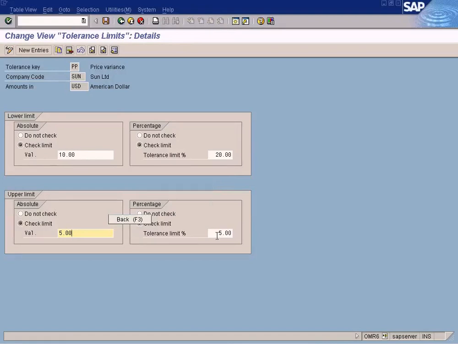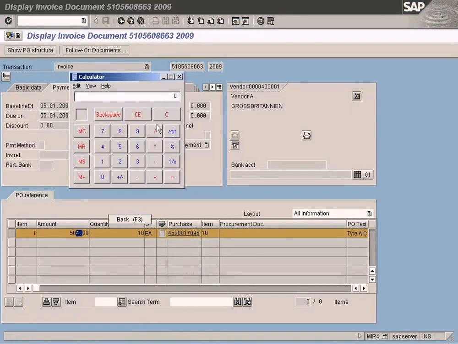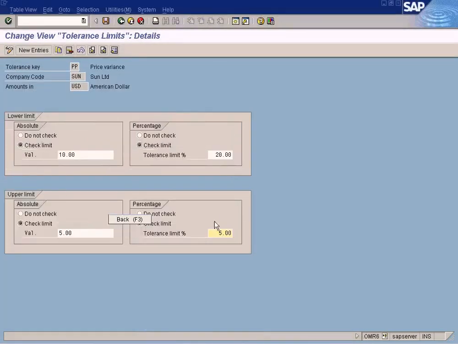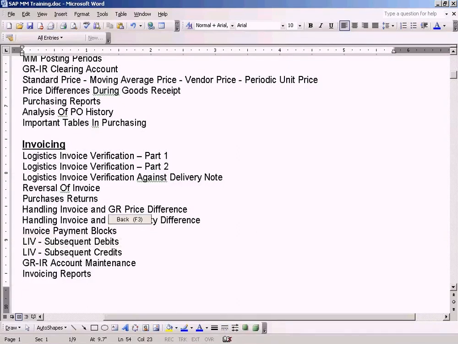So you can also set the payment block on a percentage basis. In this case, the percentage of the difference is calculated by 4 divided by 500, because the variance is $4 and the expected amount is $500, so the variance is 0.8%, which is well below the allowed tolerance limit, so that's why no payment block has been set. Alright, just an additional option for